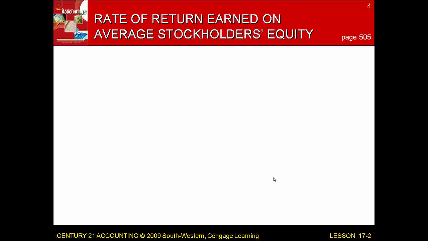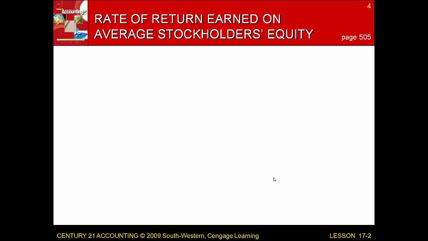Let's take a look at our rate earned on average stockholders' equity. I didn't click enough when I was explaining the last one. So we'll take a look at what liabilities are. Liabilities basically are funds that are invested by creditors, and stockholders' equity is represented by the owner's worth in investments